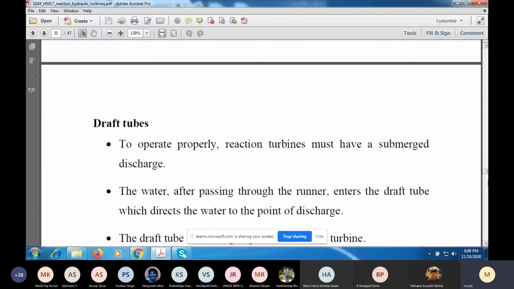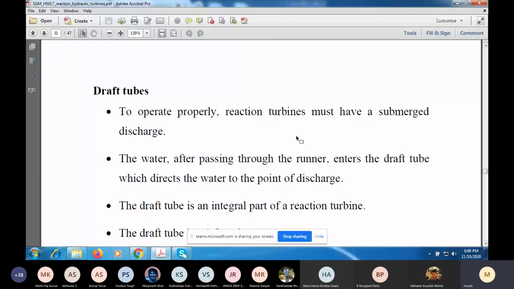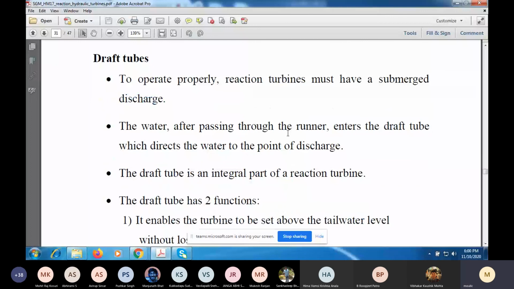Alright, now let us look at the draft tube. As I said before, the draft tube must be properly submerged. So you have a submerged discharge. And the water after passing through